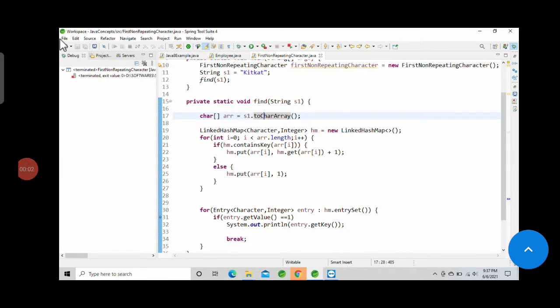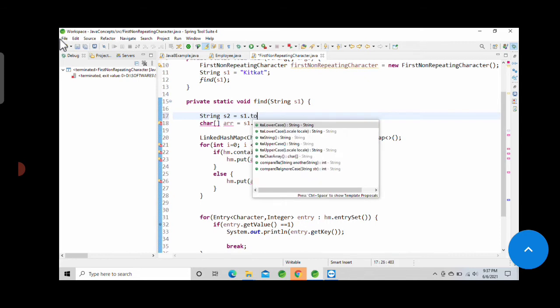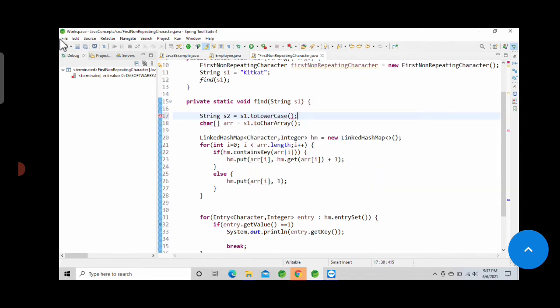Now if you want to consider the case insensitive category, before converting into a char array, write a string, let's say s2 equal to s1 dot toLowerCase. It will convert the whole string into lowercase, and it will now ignore capital and small letters.